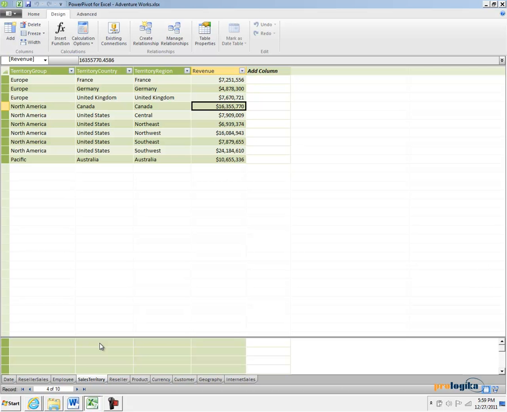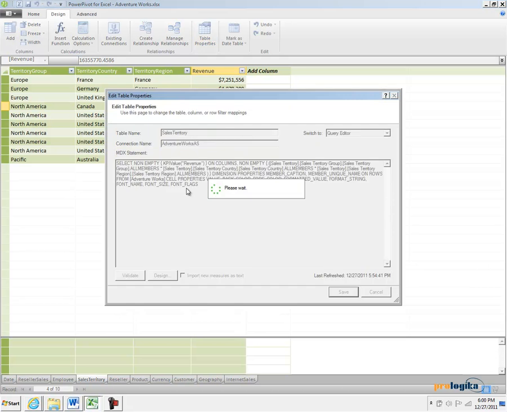But still, this is something that your cube modeler can help you with, to bring the column that you need in order to create a join, if you join data from heterogeneous data sources, for example, a relational database and a cube. So what we're going to do here, I'm going to click on Table Properties to go back to the MDX statement. Now, because the release candidate of Power Pivot has an issue switching to design mode, where we can use the drag and drop technique,